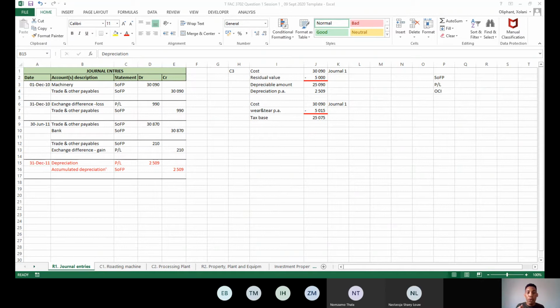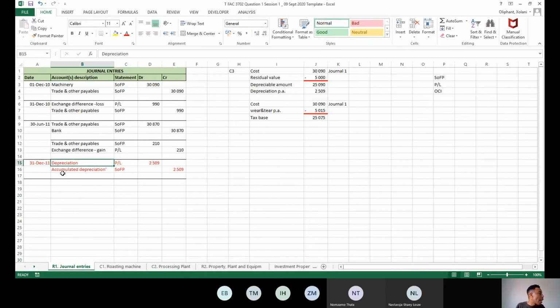When was this available for use as intended by management? It was only on the 1st of January 2011. Now that is the 2011 financial year, not 2010. So that is the reason why you would not have to account for depreciation in the 2010, but in the